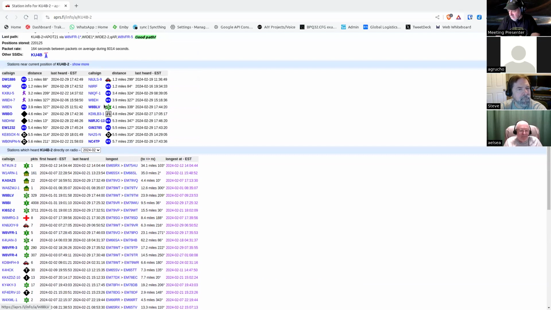He came in at one point on the Middletown repeater. And there's a couple other repeaters that he hit. And because of the way the system works, if you have a home station, you can set it up to also be a digipeater.